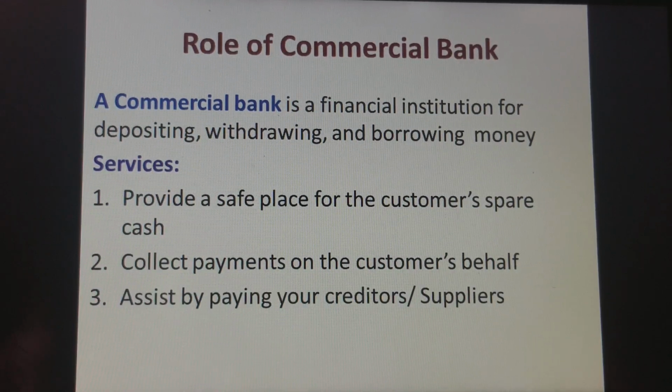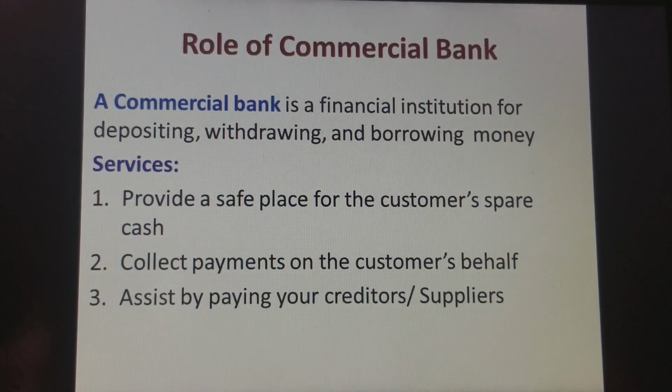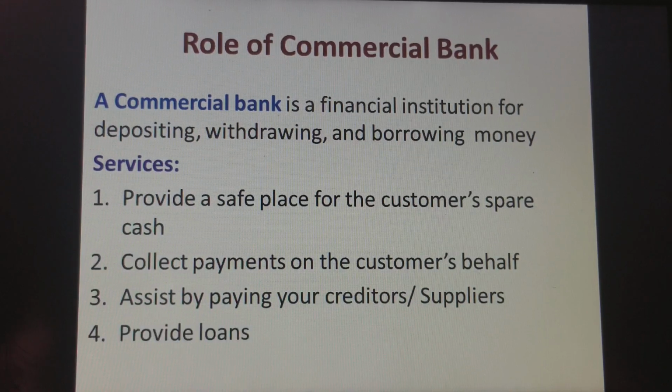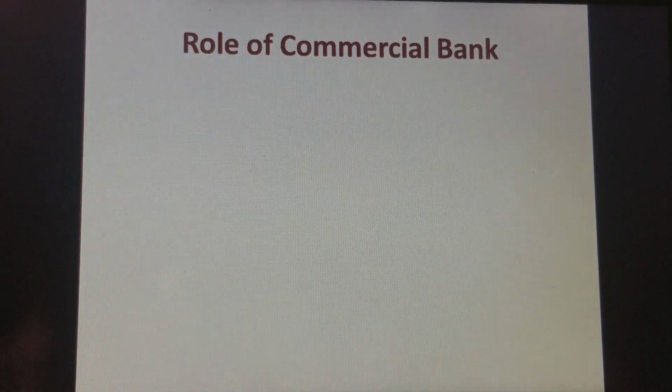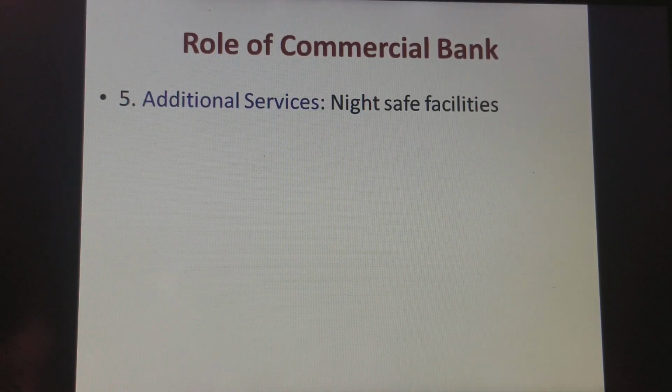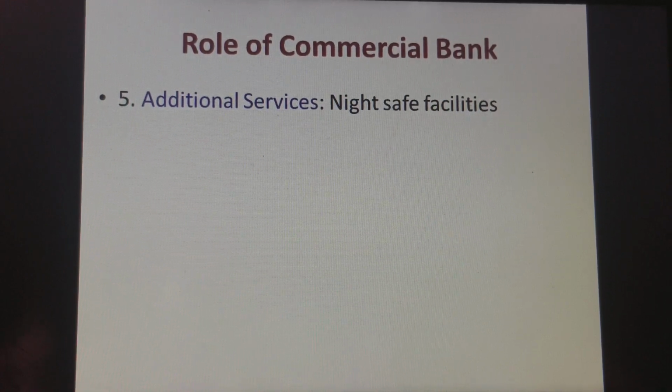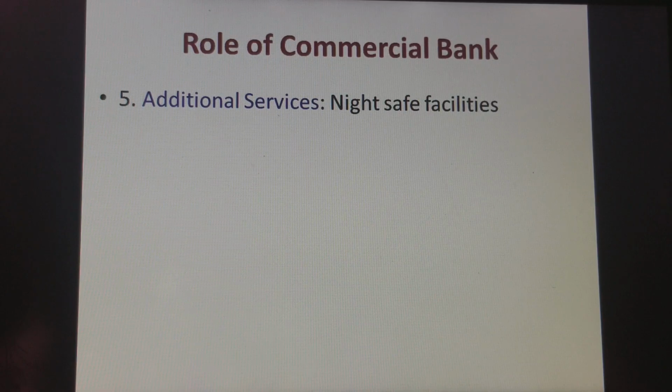Thirdly, they assist by paying your creditors and suppliers. So the commercial bank will assist you in making payments to your creditors and suppliers. Another service that they provide is to provide loans. Additional services such as night safe facilities. That means a place where you can go by night and put in your deposits, right? A night safety facility,